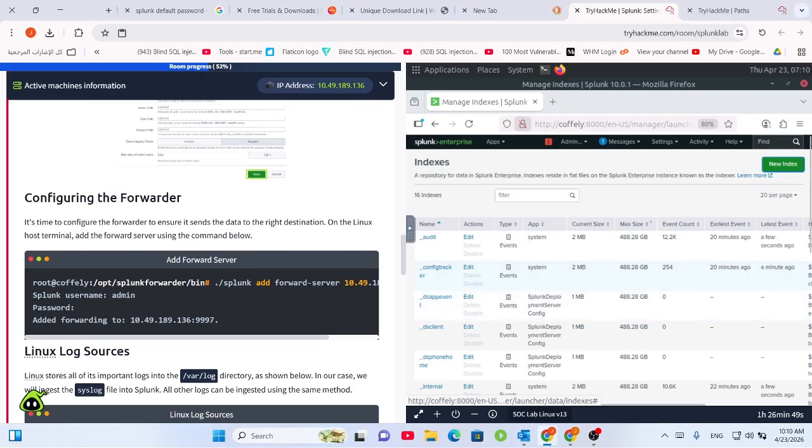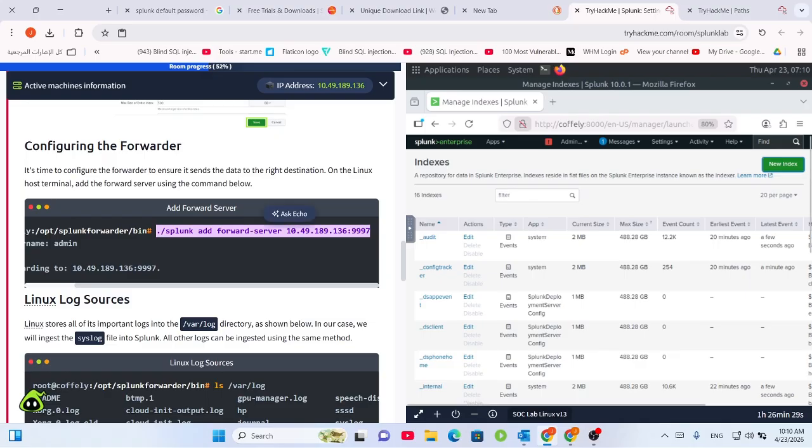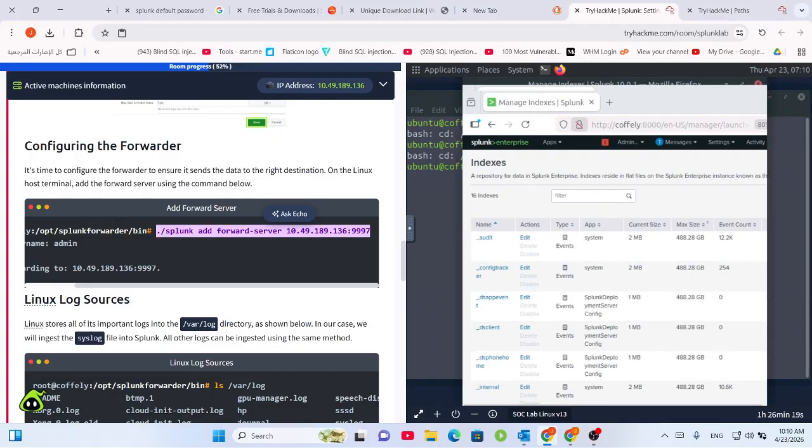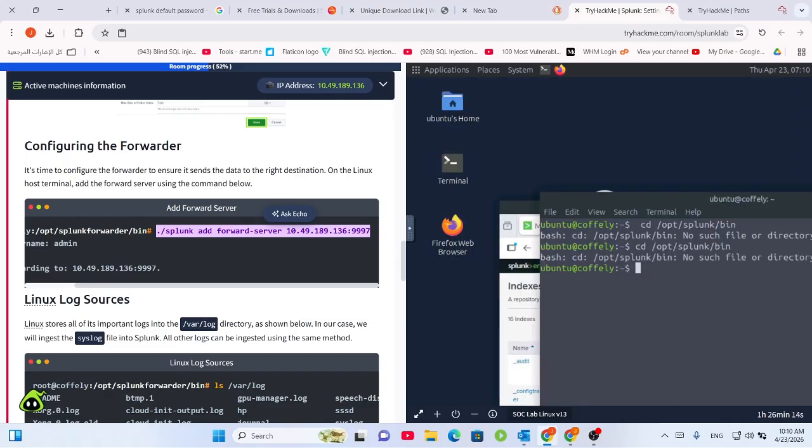Okay, now we will go to the forwarder. Same, configure the forwarder to ensure it sends the data to the right destination. Okay, on the Linux host terminal, add the forwarder server using the command below. We're going to add the forwarder server. I'm going to go ahead and type this command, because this is my path, so I'm just going to paste this one, but I have to be inside the